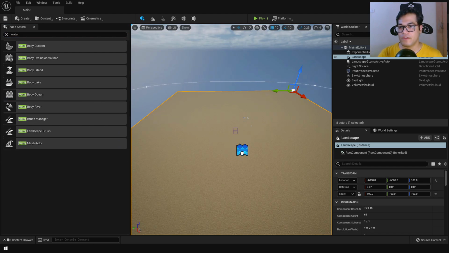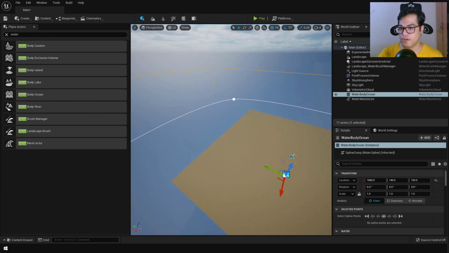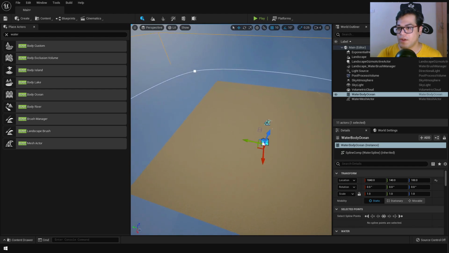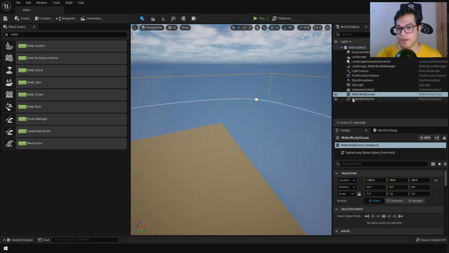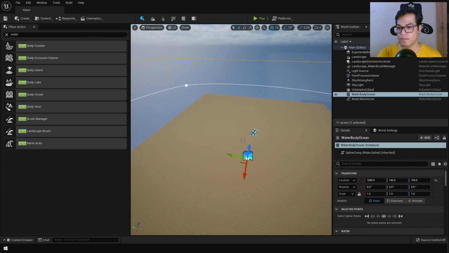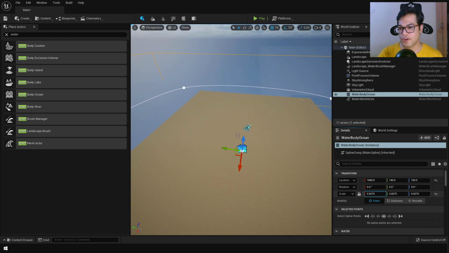We are going to create a beach scene. So we need an ocean, so just drag this ocean in your scene. And at the moment, our landscape is too small for the ocean. So we'll need to decrease the size of this water element. You can simply do that by locking the scale values and just decreasing the scale.